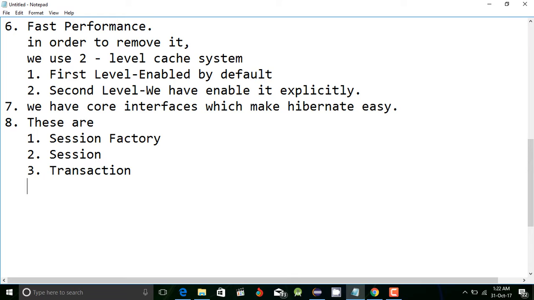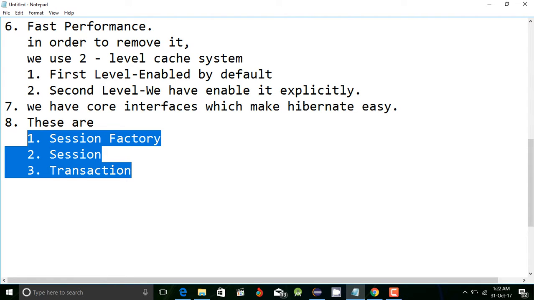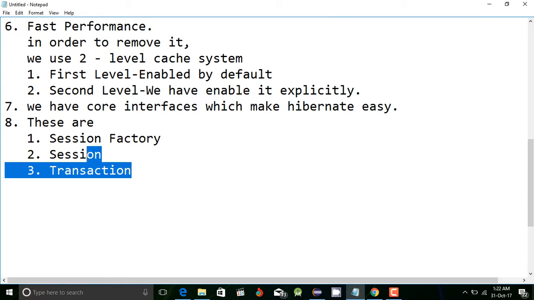So these were the basic important interfaces. Rest, there are two more which are also used, but these were the basic things. So in this way